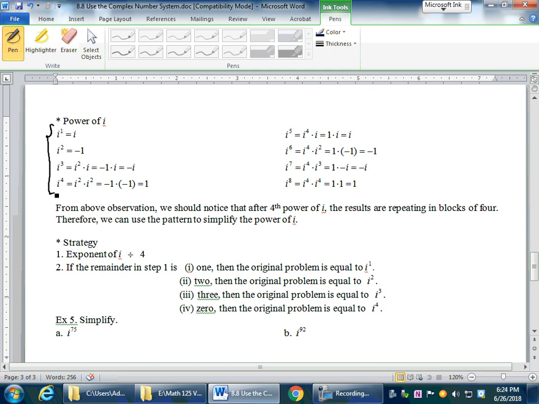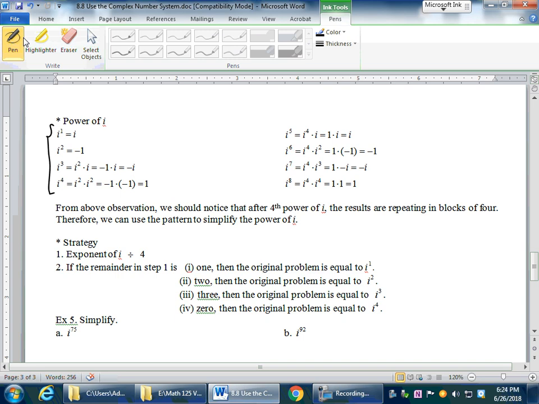So the strategy is this. If you have i to a very large number power, we don't have time to break it down like this and continue counting. So the way that we're going to look at it is the exponent of i, if you divide it by 4,